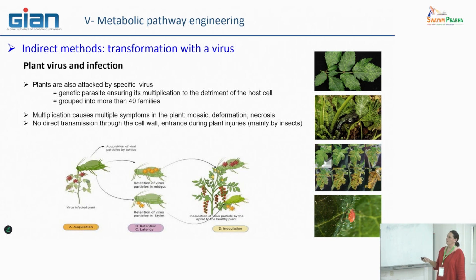There is what we call mosaic, which means that some parts of the leaf or of the stems are decolorated, which means that the virus is particularly active in this place. You can also have some deformation of, for example, vegetables when they are producing, but not only. You may have some necrosis, which is also a common symptom. And you see that it's quite easy to see when your plant is infected, but it's generally too late